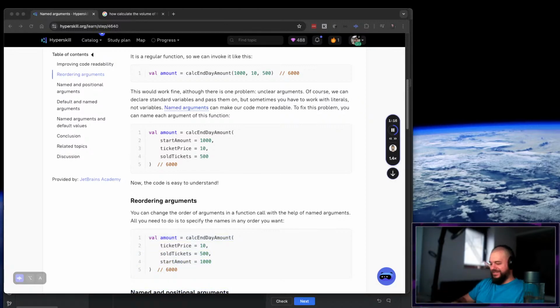Named and positional arguments. You can also call a function with named and regular positional arguments, as long as named arguments are placed after positional ones. calcInDayAmount(1000,